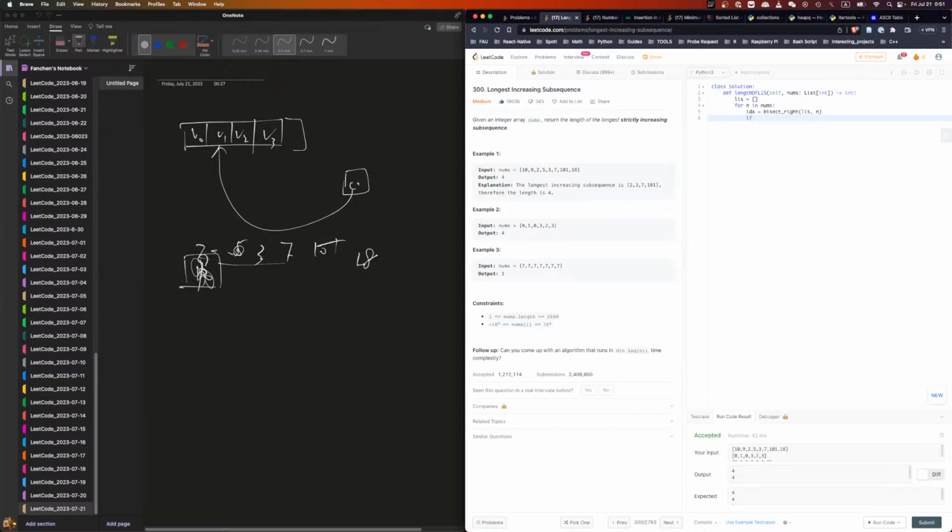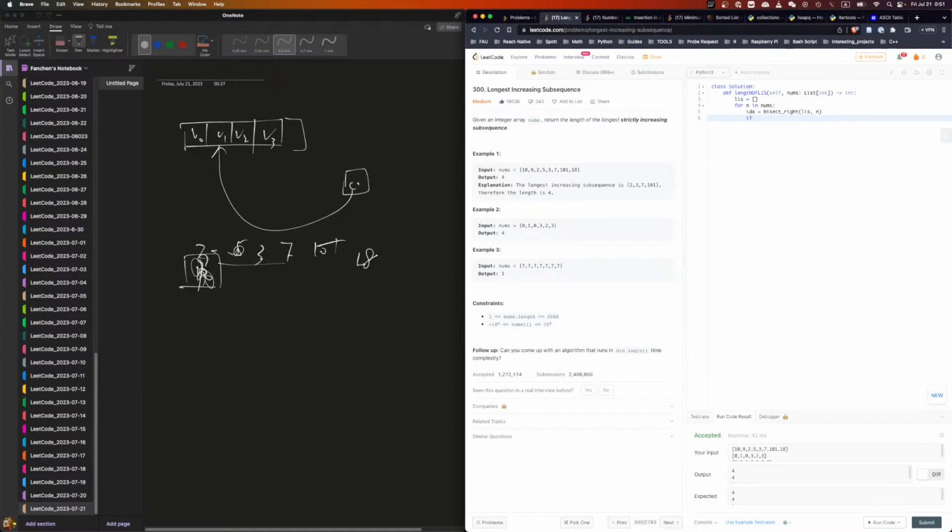And if index is equal to 0, because what we want to do, do you want to bisect left or bisect right? Because you want a -1, right? So if index is 0, then you need to replace 0.